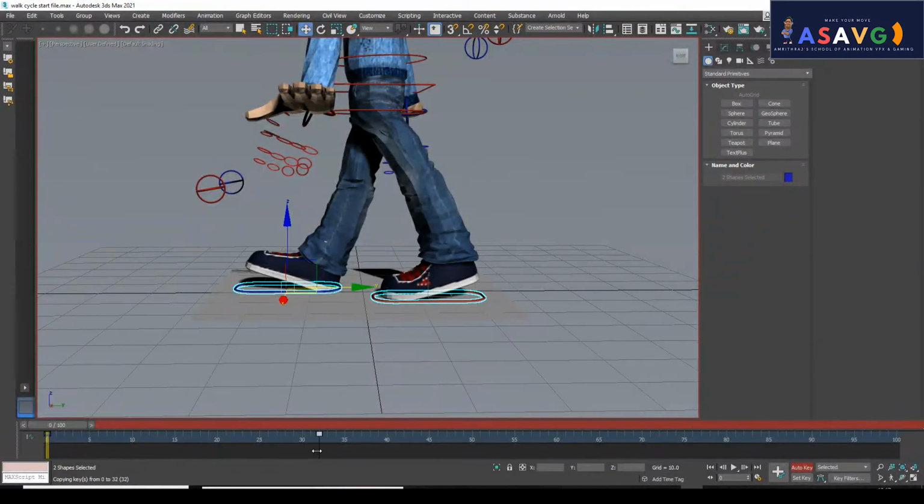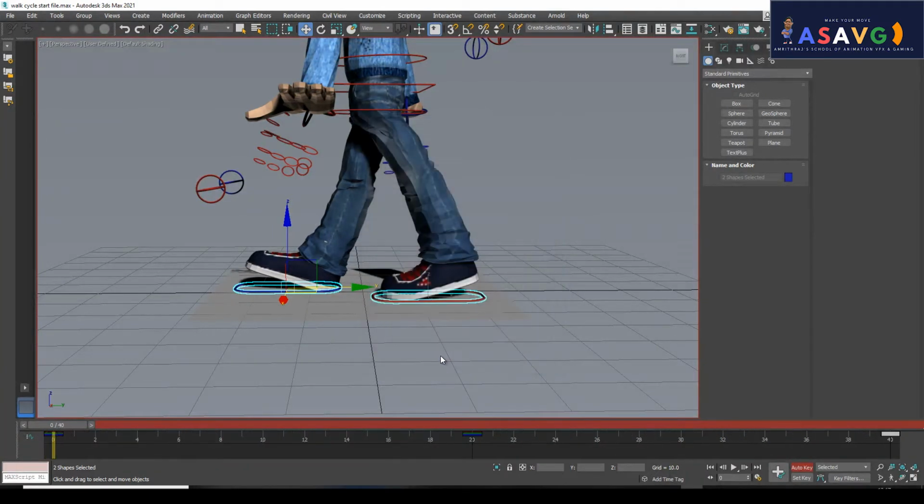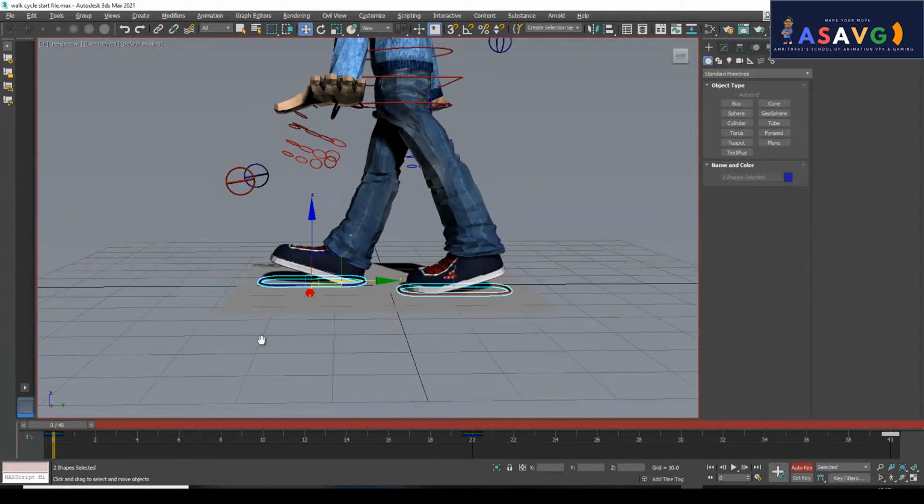left mouse, drag, and I will be making it on the 20th frame, and the copy I am making is 40 frames. So the total default value will be 40 frames, right? So I will click this time configuration and make it M40. Why? Because I only want to see the 40th frame. Okay, so these are the 3 keyframes.